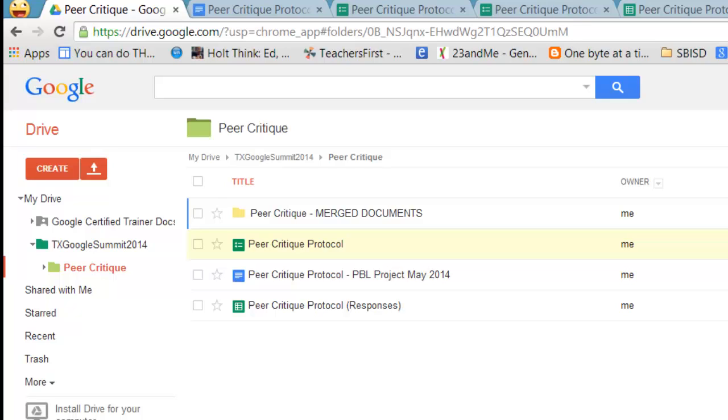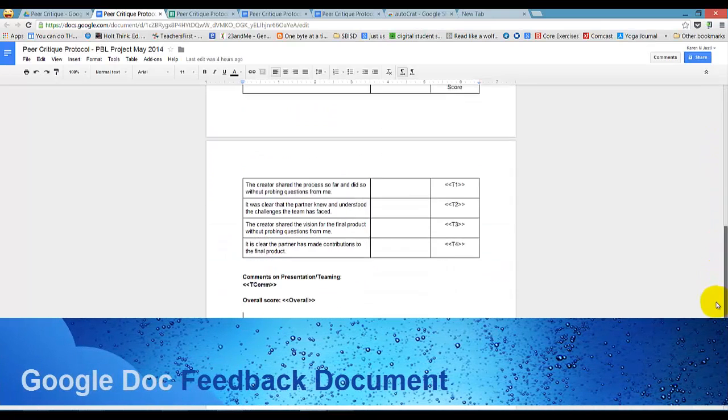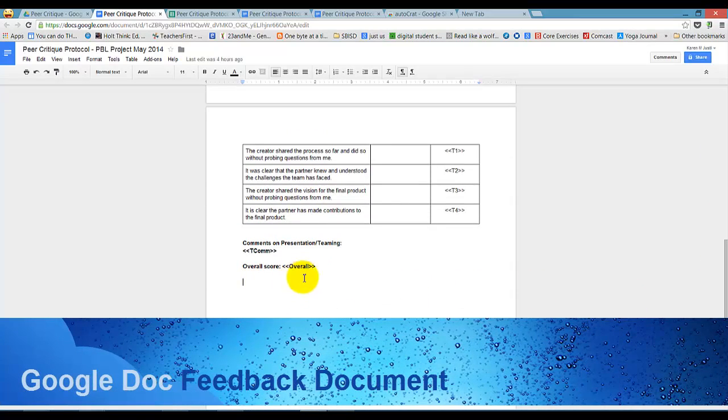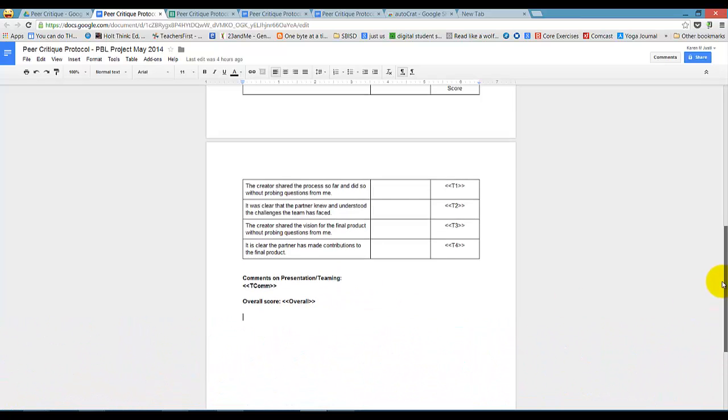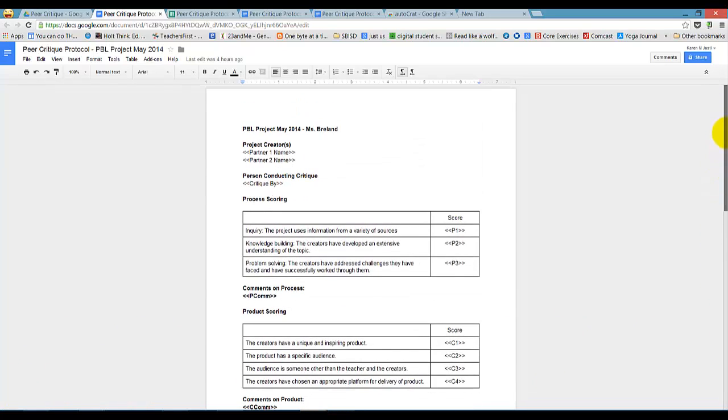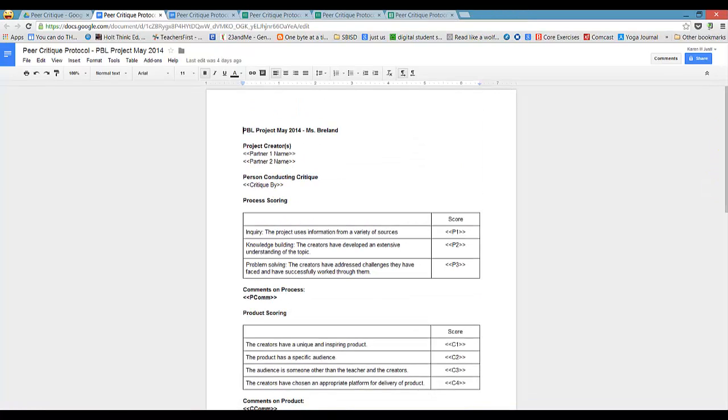Critique Merged Documents. We created a Google document that outlined the information Amanda wanted the feedback to contain using the rubric she had created for the project. We decided to allow for 2 project creators because in some cases her students had partnered. We included all of the indicators as well as comments for each section. We also included an overall score so the students would have an idea of how their project scores based on